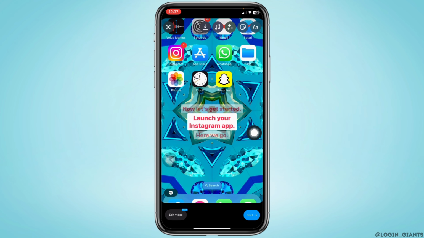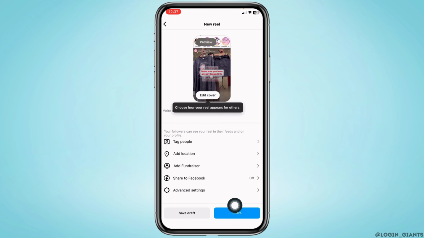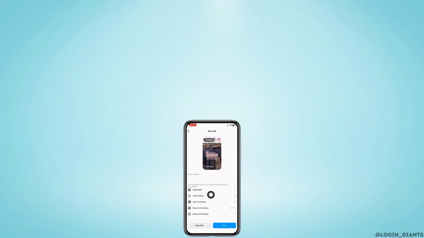After you are done, you can tap on the option Next, and with that your reel is ready along with the caption. Now you can tap on the option Share and upload it. This is how you can easily add a caption to